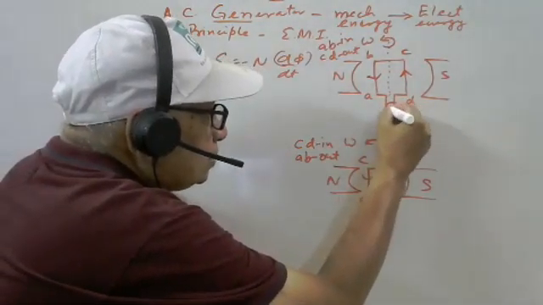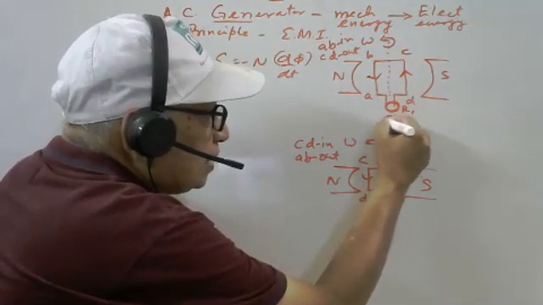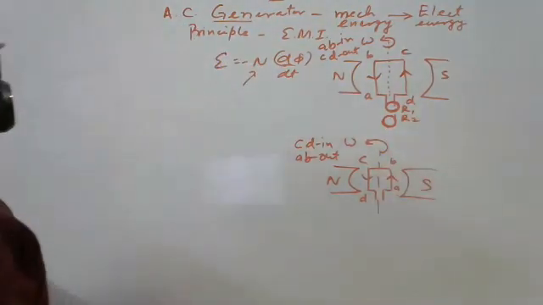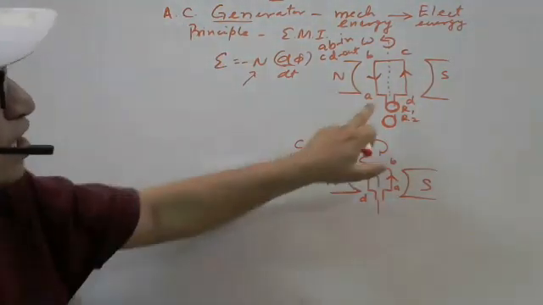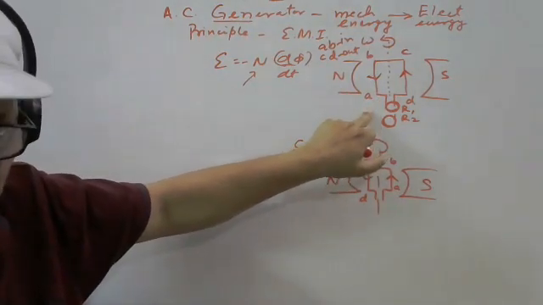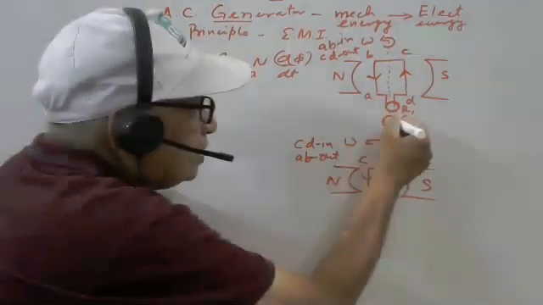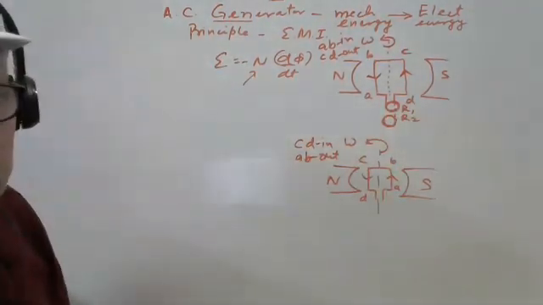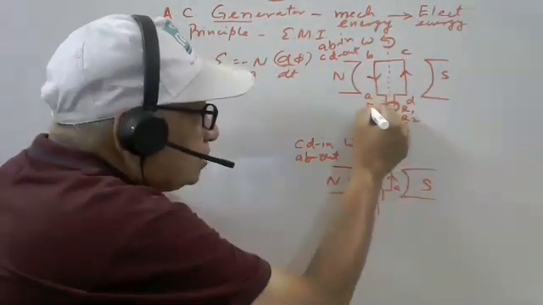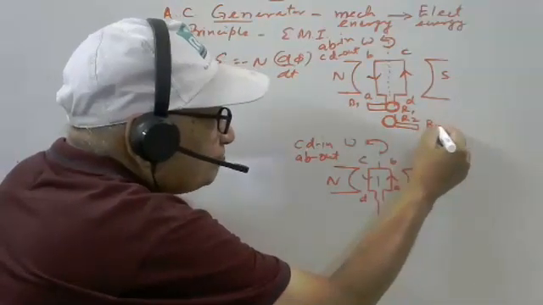It is called a slip ring. Slip ring number 1 is connected to AB, and CD is connected to ring number 2. It is called slip ring 1 and 2. Slip ring number 1 is permanently connected with the A part, which is one end of this coil, and ring 2 is permanently connected with the D part. We are tapping the current by using the carbon brushes number 1 and number 2 like this.